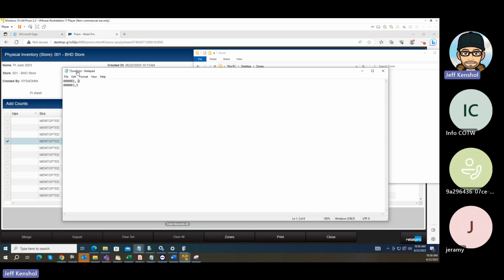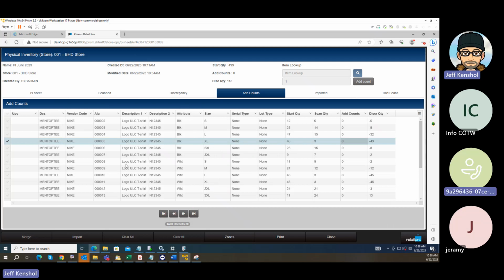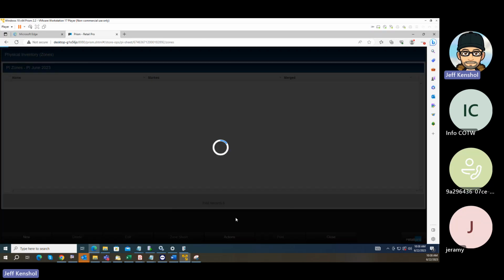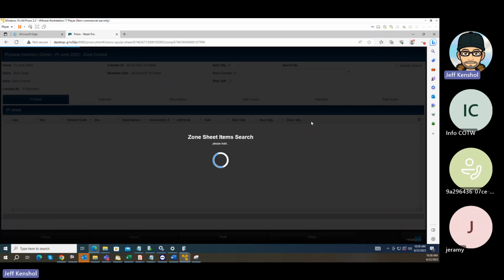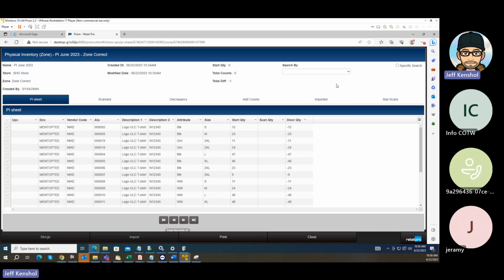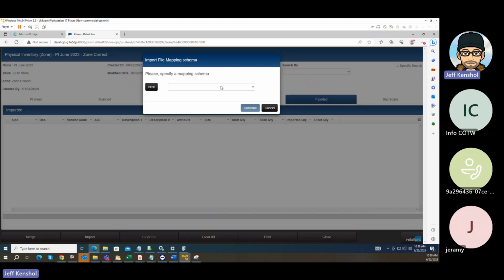Would it let me do this here, right? Would it let me bring in a negative quantity and then move it over to another item, which would seem way too much work to just make a simple correction. It would seem almost foolish that you'd have to do anything like that, but let's just see here. Let's just piggyback on that one, right? Zone sheet, import, it should fail. It should give us positive quantities for both is my guess, because it didn't let me type it in, so why would it let me import it, right? But we'll find out. Import,